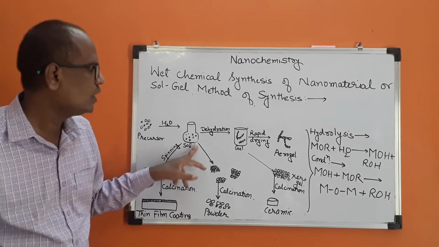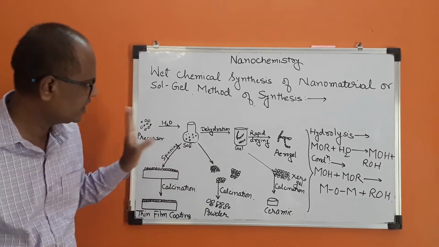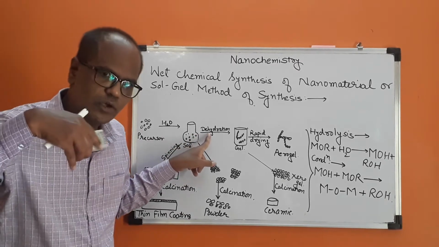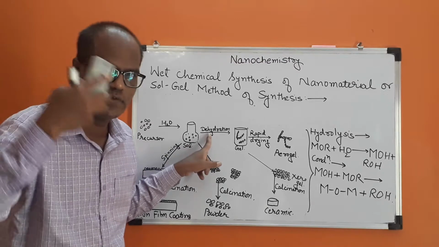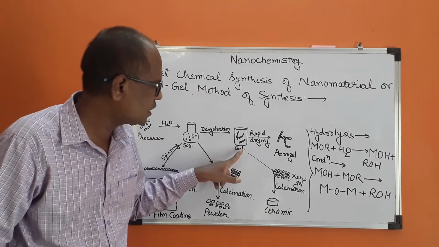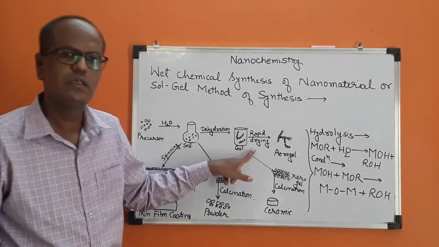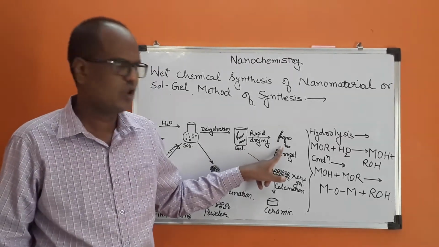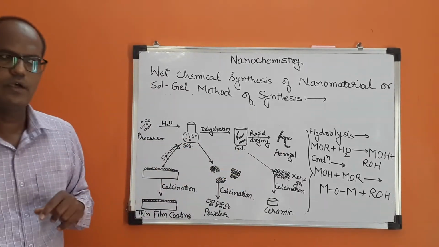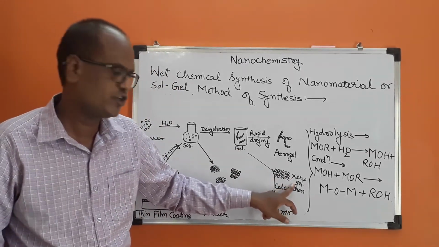If the same Sol undergoes dehydration, we are carrying out spinning also. We will discuss it later. If the same Sol or colloidal solution undergoes dehydration, means whatever water or any volatile liquid is there is removed, then we get gel. This gel, after rapid drying, gives aerogel, right? But if the same Sol or gel undergoes spinning, this gel is converted into xerogel.